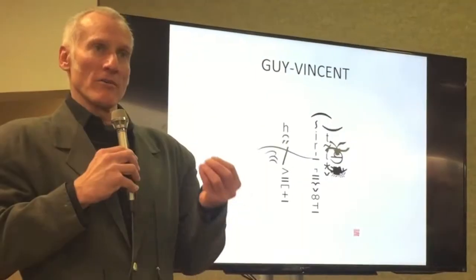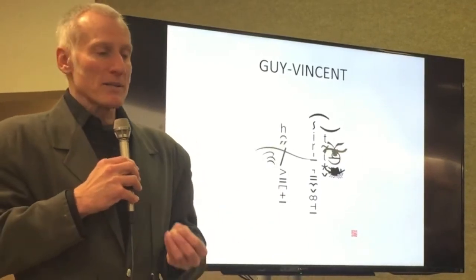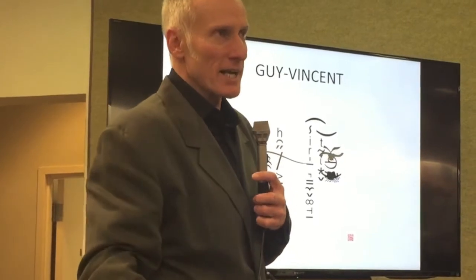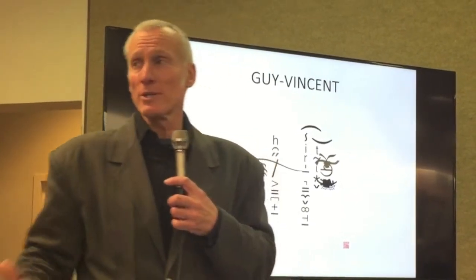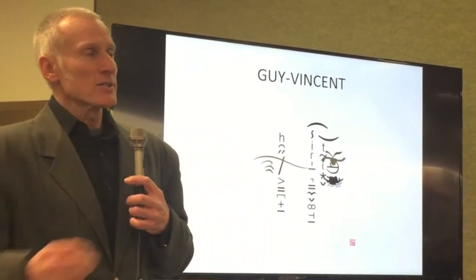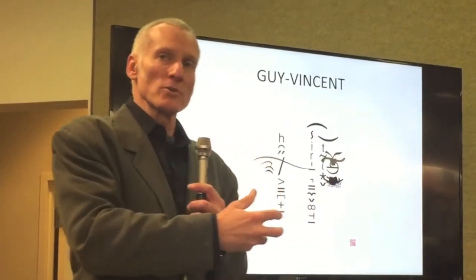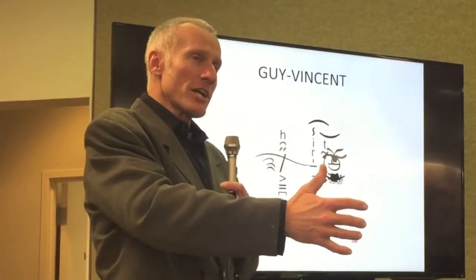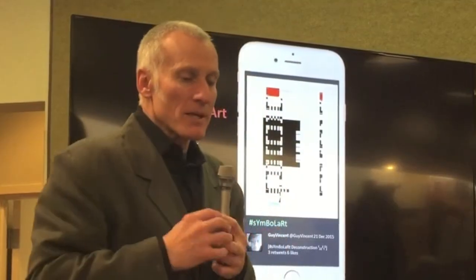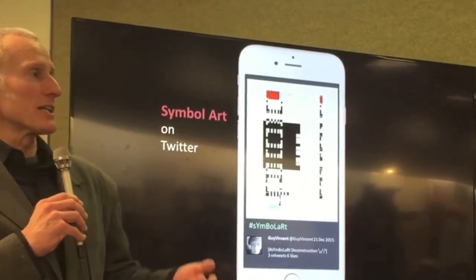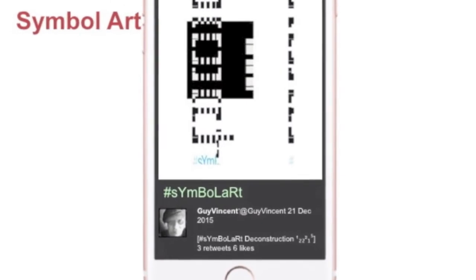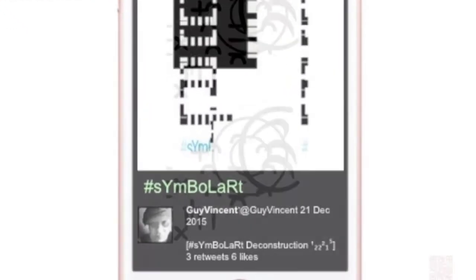So they're non-verbal cues, but they look like they are. He's creating images with these, and then on a daily basis, putting them out on Twitter, sending them around the world. So here you're taking something that didn't exist before in terms of the tools, disassembling it, putting it back together, and then immediately sharing it with the rest of the world. This might be an example of what it looks like on his Twitter feed on a phone. People can follow him and look at the images that he's generating on a daily basis.